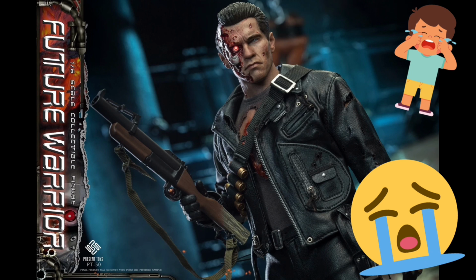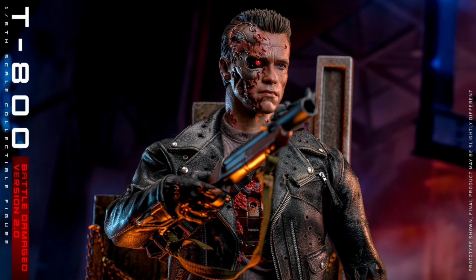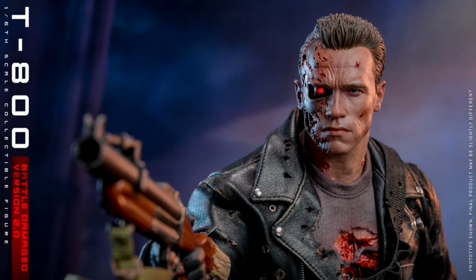But as I said, I believe it's the second or third figure that's come out from that event. We had the Chewbacca, and I really do hope that 1992 Batman sees the light of day. But let's jump right into it. So this figure, there's a lot of great things happening here. It's a great piece. I was excited, but not over the moon about it,